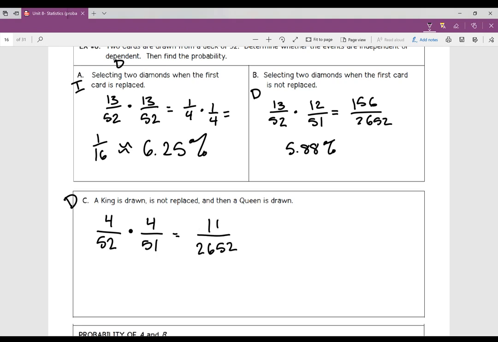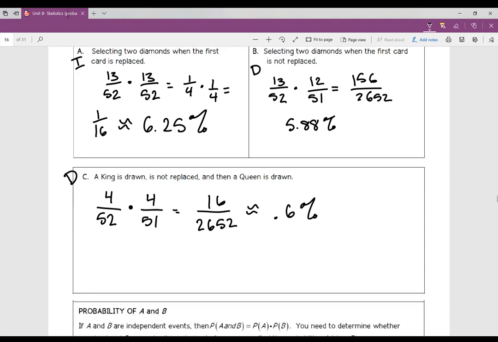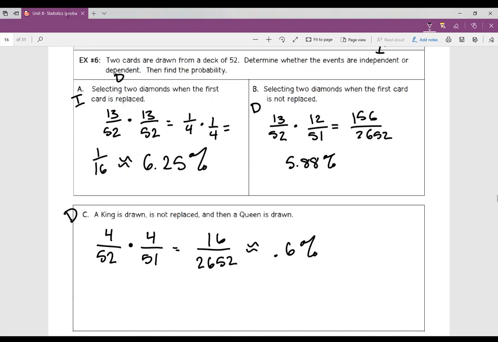And 4 times 4 is 16. So I'm going to do 16 out of 2,652. And I'm going to get 0.6%. That's a very low probability. Not looking great. Okay. And that's what we're going to call today